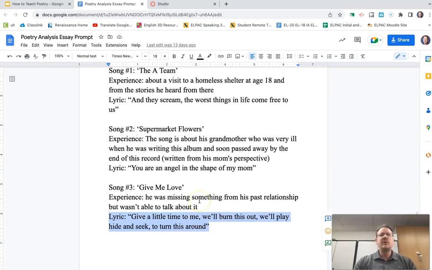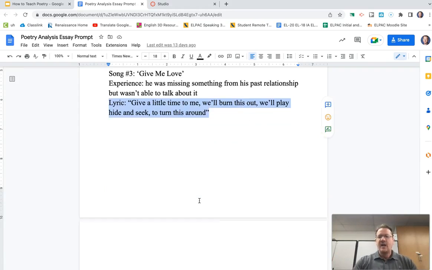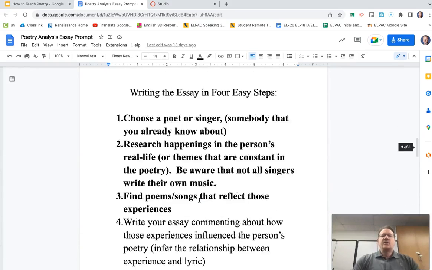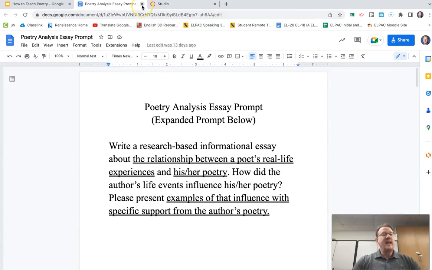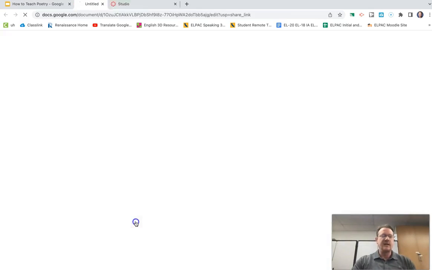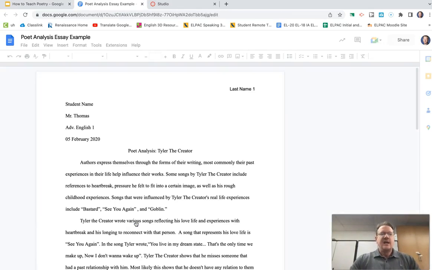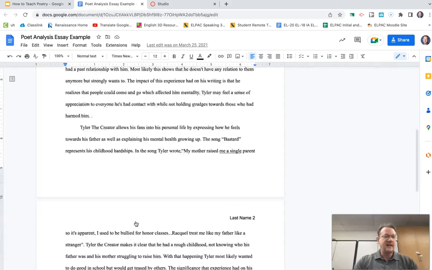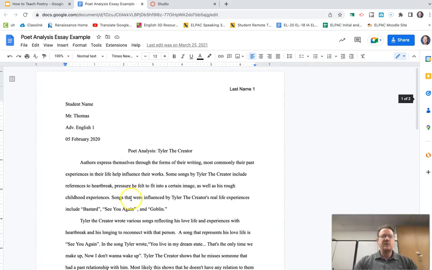So again, what the students are doing is making an argument, giving an example of it, explaining the relevance of how that example relates to the argument, and then giving the long-term inference or significance or impact to the best of their ability. So hopefully that made sense, right? Hopefully I was able to explain it in a way that made sense. And then of course you can obviously adjust this however you'd like. I always give an example. I put this on Google Classroom or Canvas, whatever you use. Here's an example of what a decent essay looks like, so you can give that to your students as well.